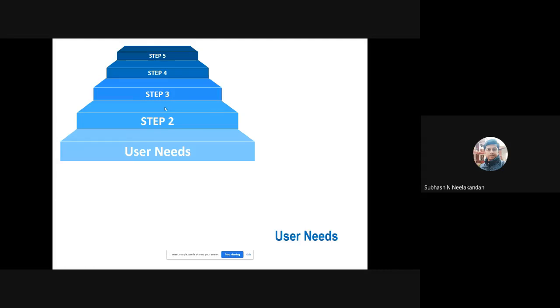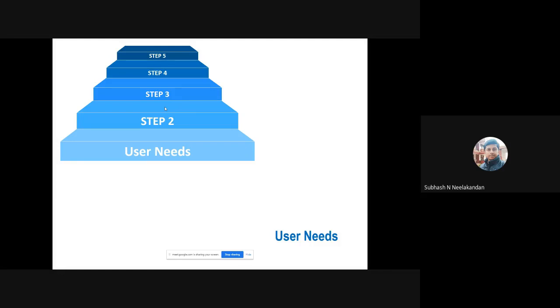So starting with the first step, the user needs. Depending upon the market where we are placing our device, there are various channels to collect the user requirement. In general, there are three categories for collecting user requirement. Number one is technical requirement. Number two is business requirement. Number three is statutory and regulatory requirement. Based on which device we are developing and which market we are going to position it in, these three categories need to be addressed. In this particular presentation, we will probably be focusing more on the technical requirement, not much in detail on the business and regulatory aspects.